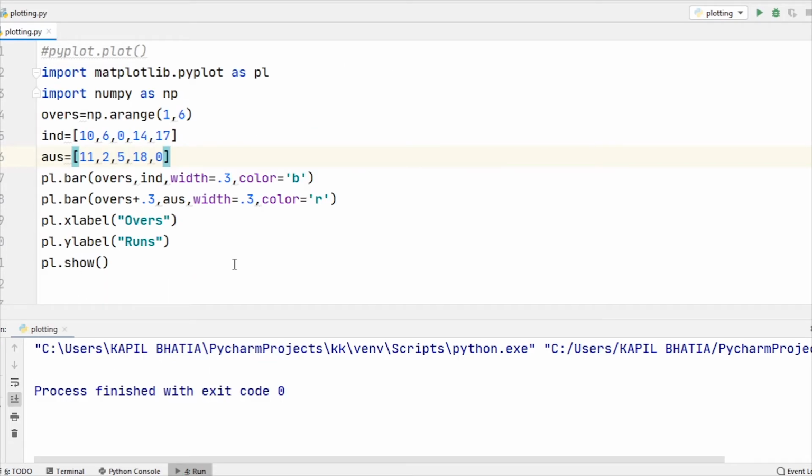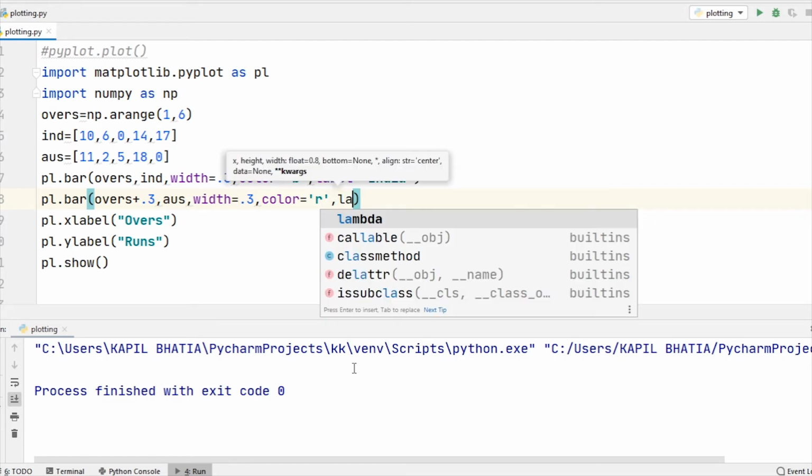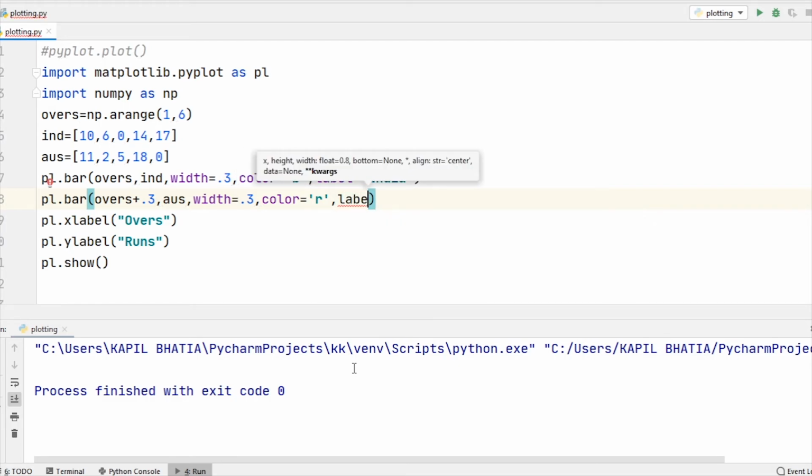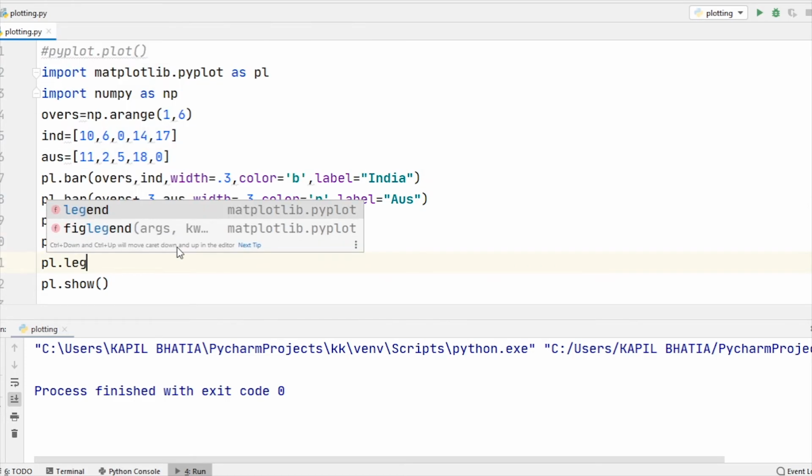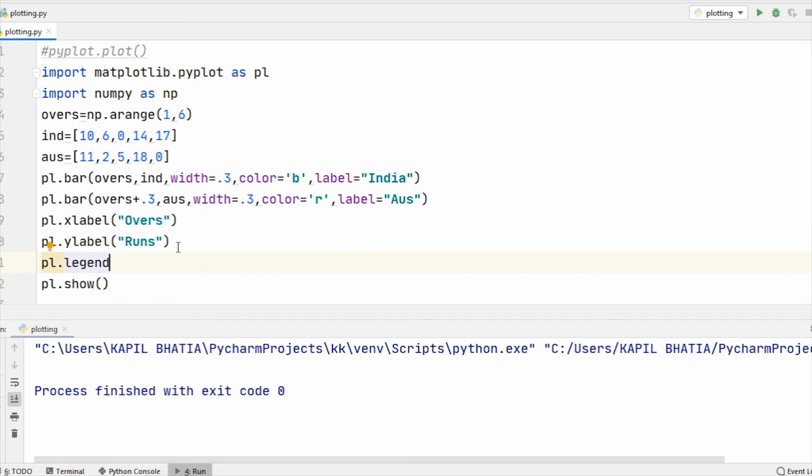You can also add a legend. For that, here you can see label is equal to India, and here label is equal to Australia, and plt.legend.